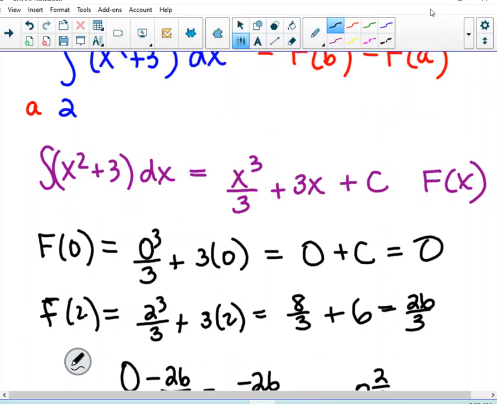All right, so not Riemann problems, fundamental theorem problems. Fundamental theorem problems are all the same in some ways. Find the antiderivative, plug b into it, plug a into it, subtract, you get your number. They can be different. You can have negative exponents, you can get negative answers, you can plug negative numbers in, all of those things can happen, but the overall attack is still the same. So, what I'm going to ask